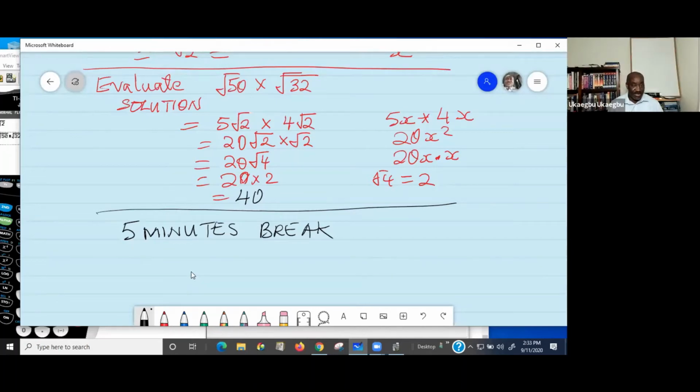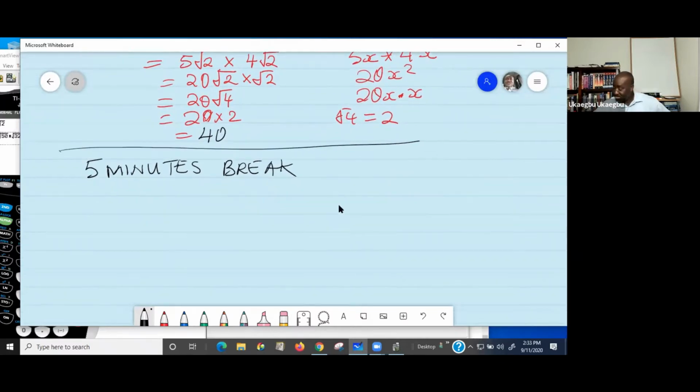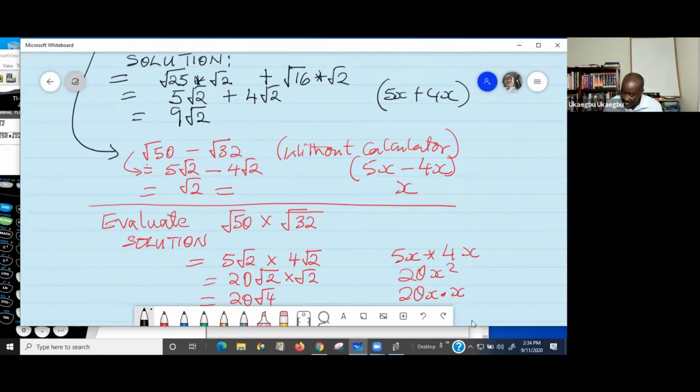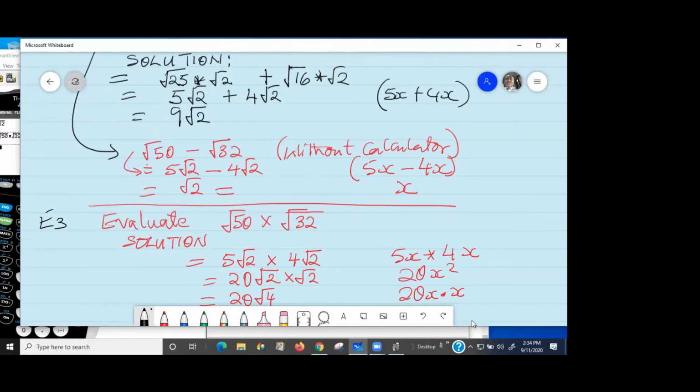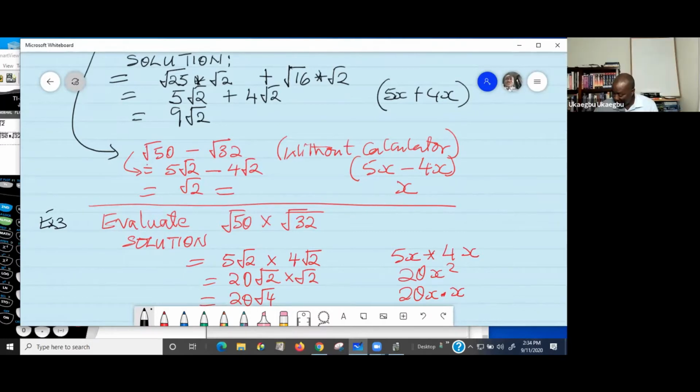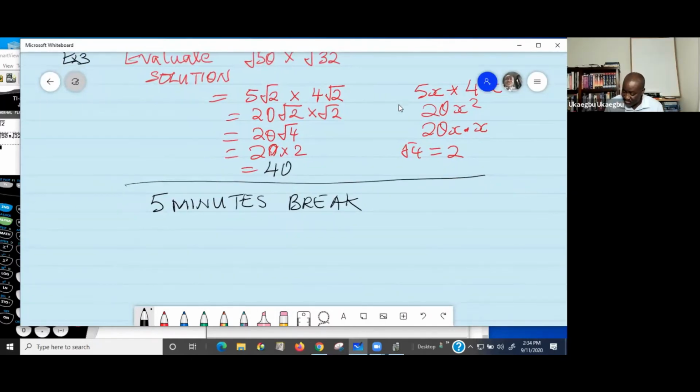Now, here's a little bit more complicated multiplication. It is actually easy, but it's just a little bit, let me write it. So we're still on radicals. So the question can be example number 4. Example 3, and this should be example 4. Or even if it's example 5, it doesn't really matter. Example 5. So the question can be same: evaluate